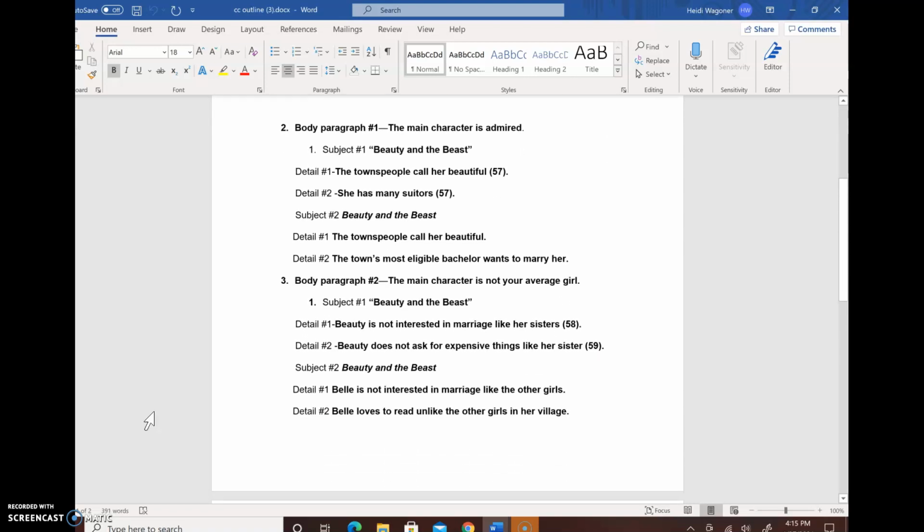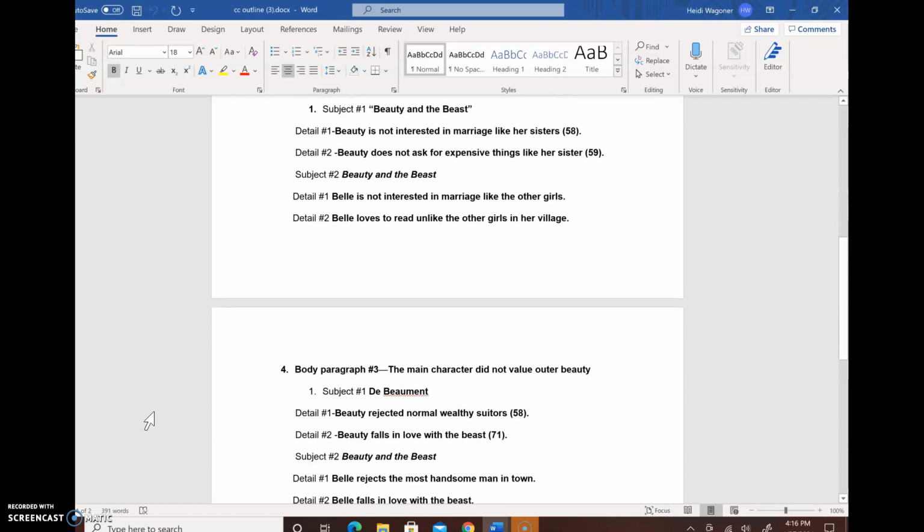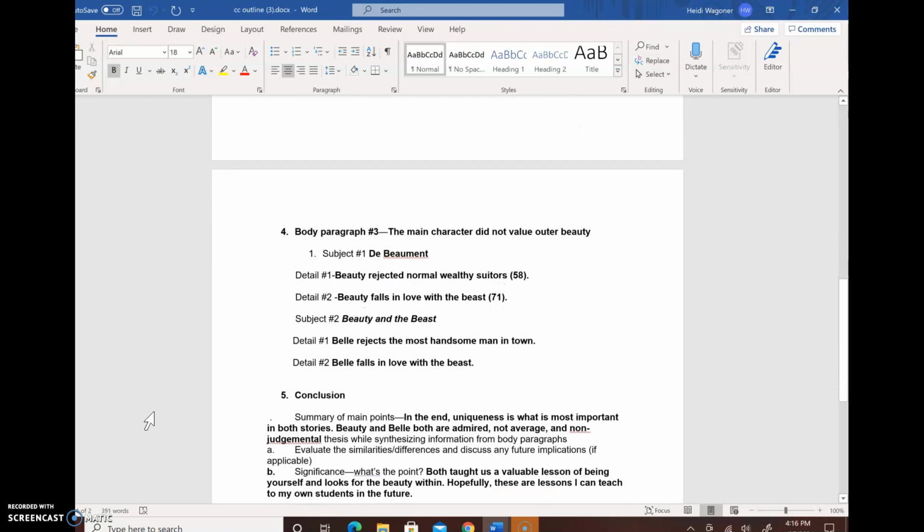So they tell us that the main character is admired, and they tell us how they're admired in both stories. They talk about de Beaumont's story, and you can see that in quotation marks, and they tell you which pages it is. And then they say how the character is admired in the movie. The second category is the character is not your average girl, and they describe that. Then the third one is that the character is not valued for their outer beauty, okay? And they treat each subject. So they talk about Beauty and the Beast in the storybook from de Beaumont